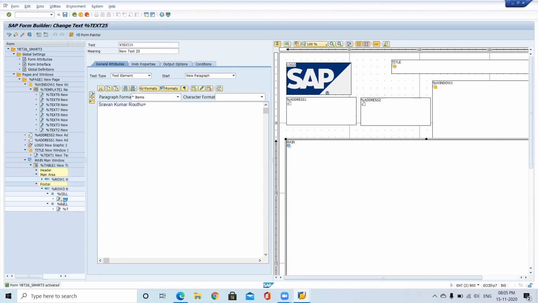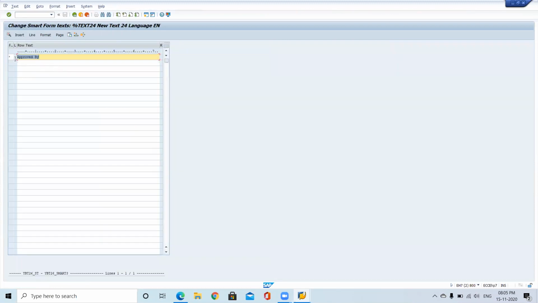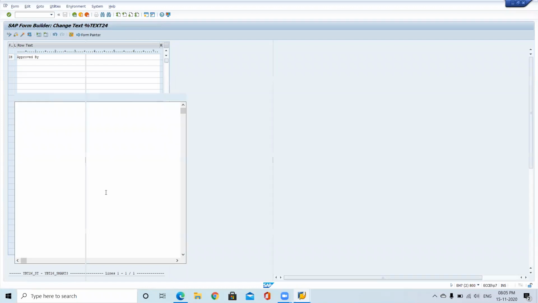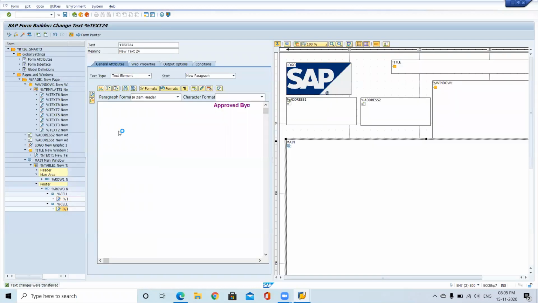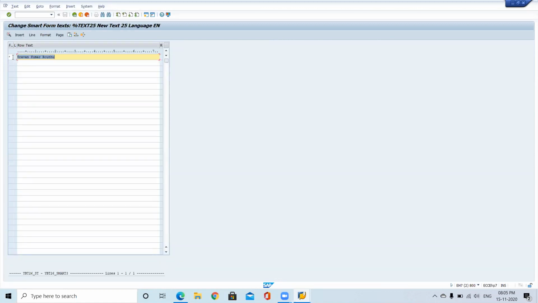So if you want to add a different color to this one, approved by, like if it is an item header or something, you can apply for a name. You want to apply like heading type H1.